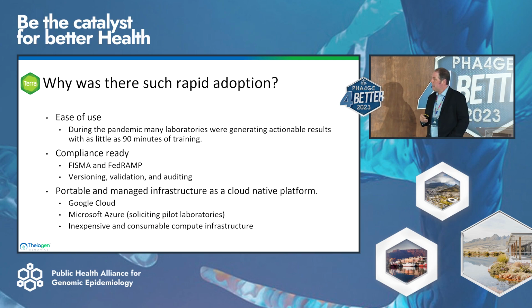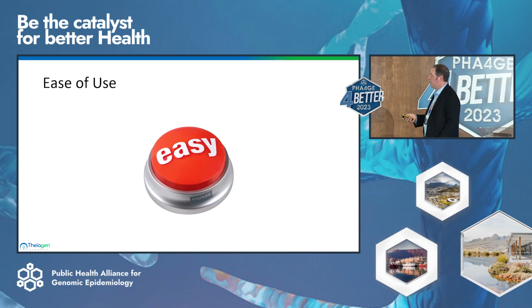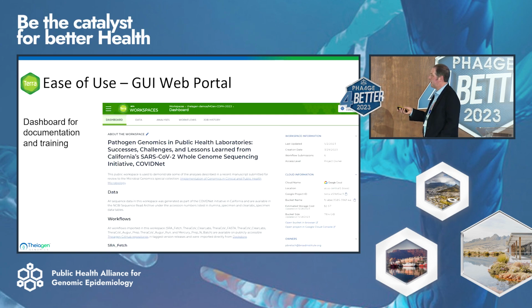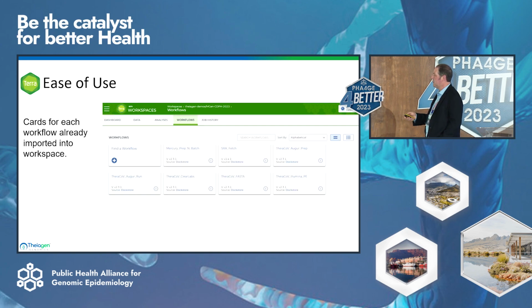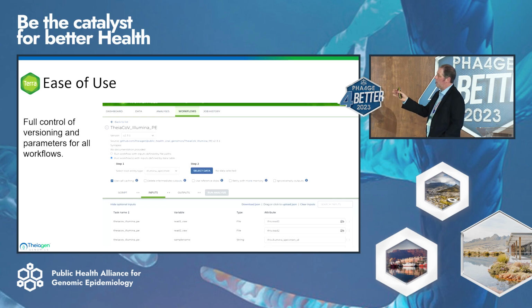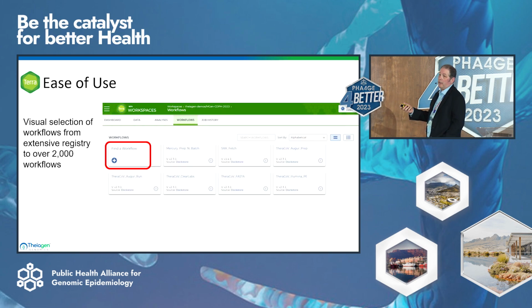So why was there such rapid adoption? This gets to the ease of use, compliance ready, and then Google Cloud. And given my time, I'm going to fly through a couple of these slides really quickly and get more towards the infrastructure at the end in the low resource setting. But for those of you that might be interested in Terra, once again, you have a very mature portal of dashboards. You have data-centric tables. You have cards for different workflows. When you pull up a workflow, there are versions. You select the parameters. And if you don't have the workflow that you want in your workspace, you can click